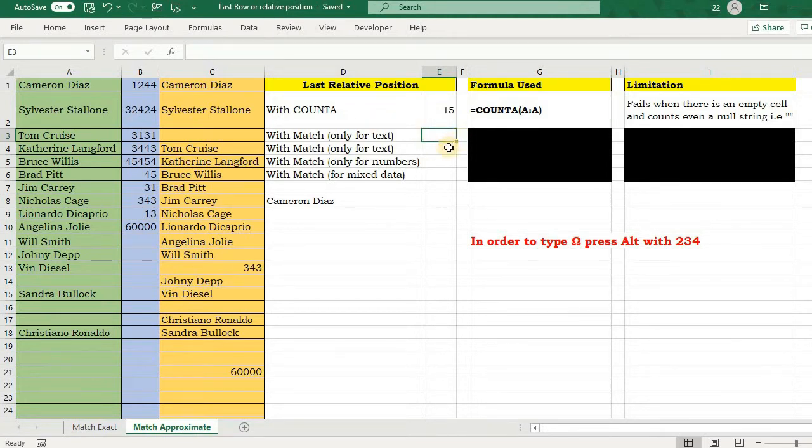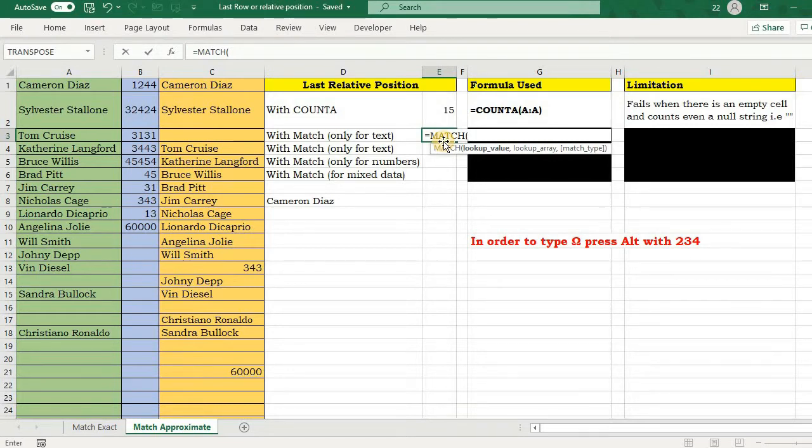For text data, I will be looking for a text very big, like Z or Z 10 times or something. As a matter of fact, I would like to tell you that at most Excel can recognize 255 characters in a cell. My lookup value will be Z 255 times, but I'm not going to write that 255 times.